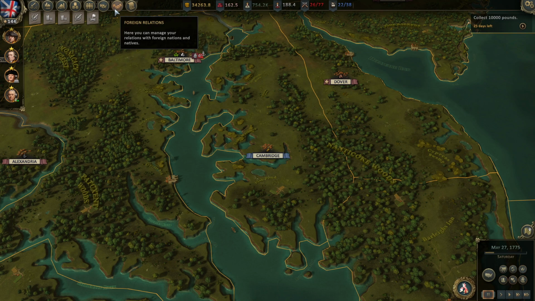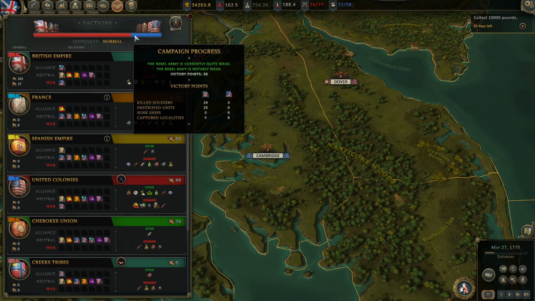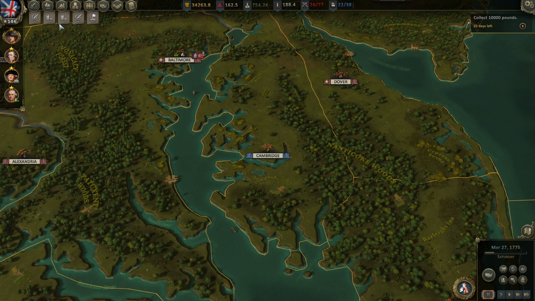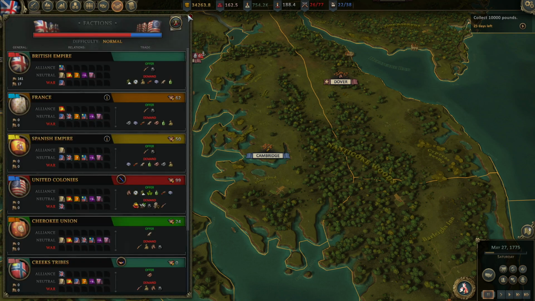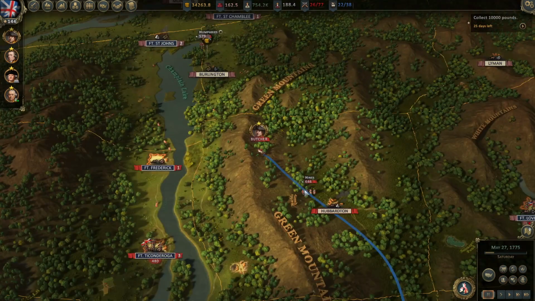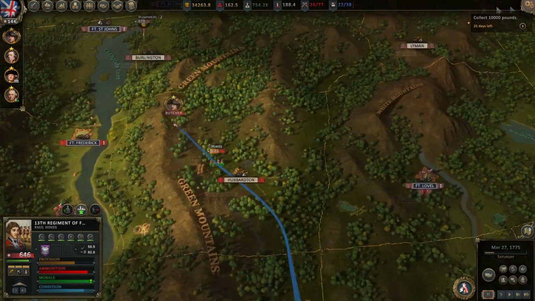I'm curious, because when you go to the foreign relations section here, campaign progress, the current rebel army is quite weak. The rebel navy is notably weak. How do you get them to give up? I don't know the answer to that. But we're going to have to send a punitive expedition in to go get Granville if we...